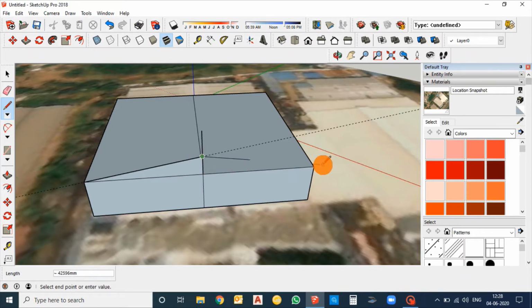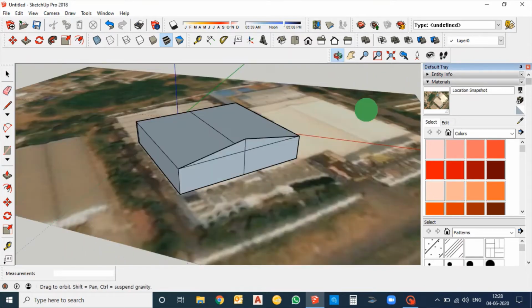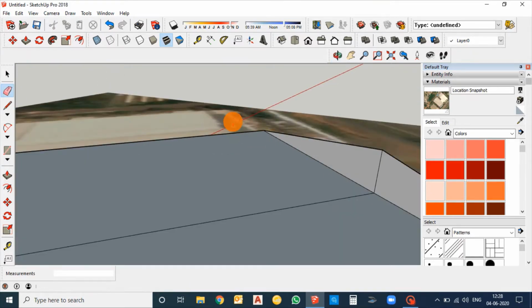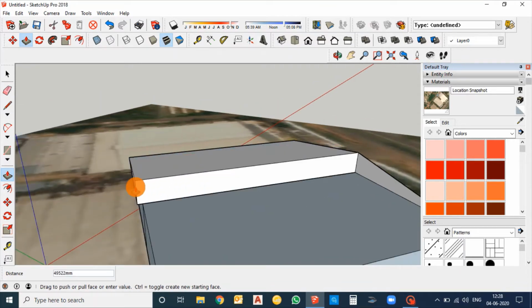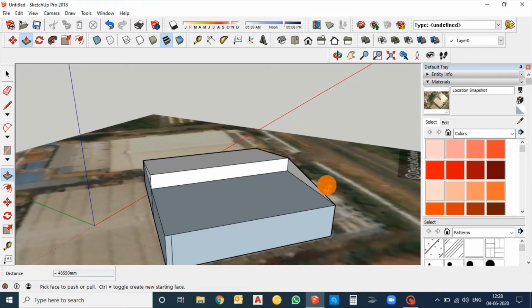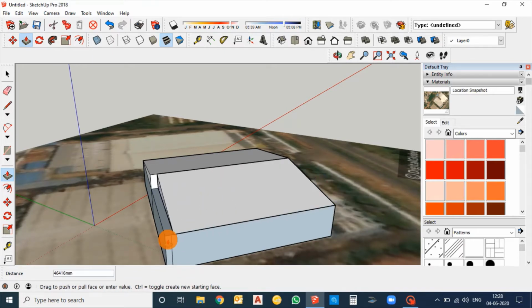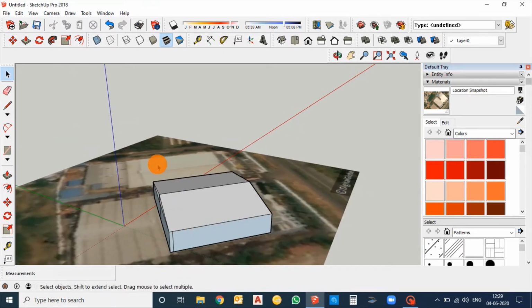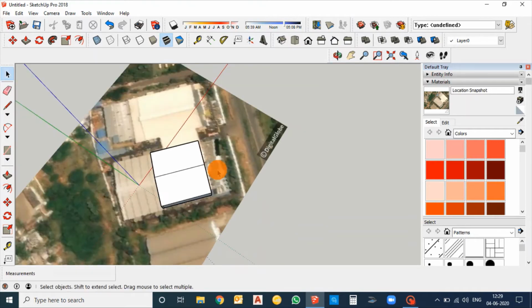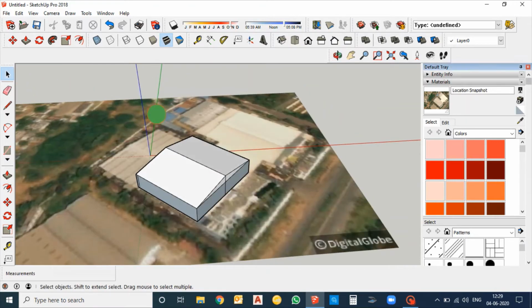So I'm drawing the slope of this building. You can just push it to the other end to get a perfect slope. So you have proceeded with the roof tilt.